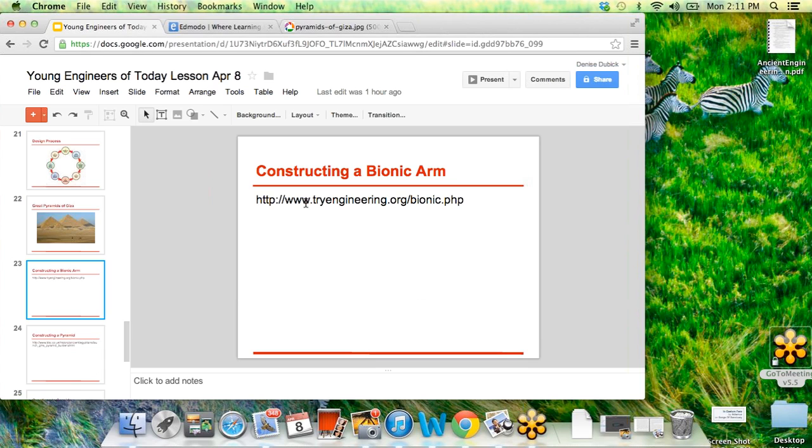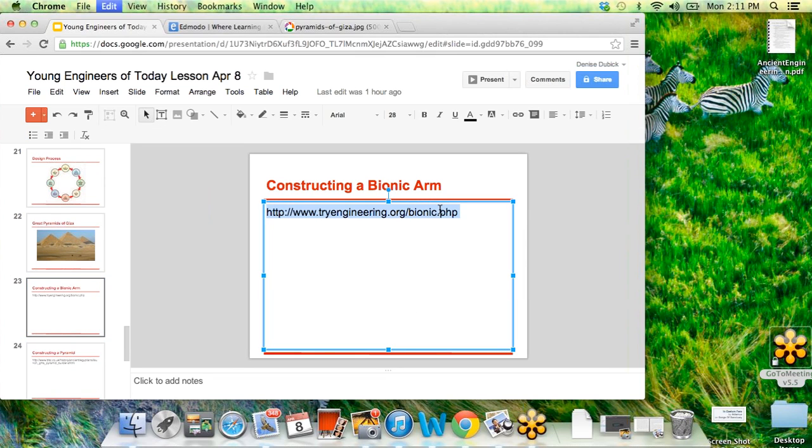So I want you guys to try both of these. I want you to try the bionic arm game first. This is just a game that pops up on your computer, like a little flash game. I do think you have to have flash on your computer. For me, it was working with both Safari and Google Chrome, so I hope on at least those two web browsers it should work fine as long as you have flash. So try the bionic arm first and spend about 5 minutes on that.